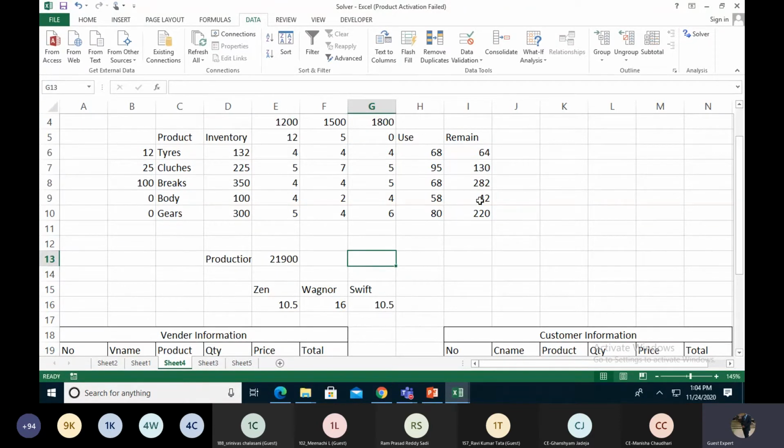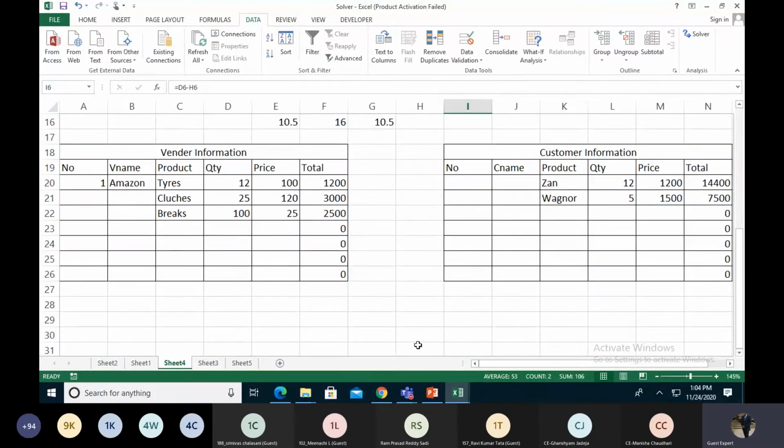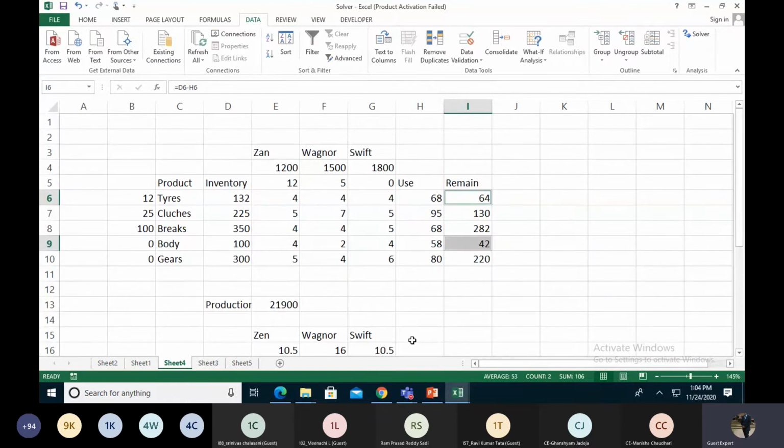Right now the body is going to be lower, so body and tire are very important right now for changing those values. So this is a solver, and we are using it in one of the projects with the SUMIF and SUMIFS functions. We make the production, as well as see how much production we are creating.